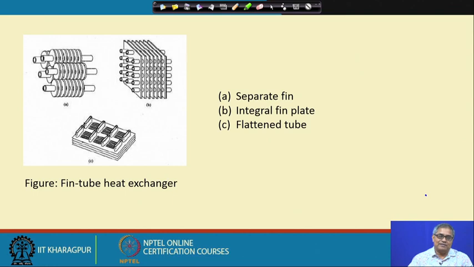So, in that way we have increased the compactness, but we are not satisfied with that, we want to go for more compact design. So, then what we have done, in between the fins there is some sort of a gap, we want to abolish this gap. Now, we are having integral fin plate which are pierced by a number of tubes, and two fin plates are parallel to each other. So, in between gas passes, so that becomes the gas passage. Okay. So, this is kind of a design we try to evolve from this first design A to design B.